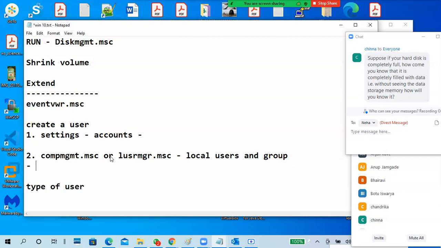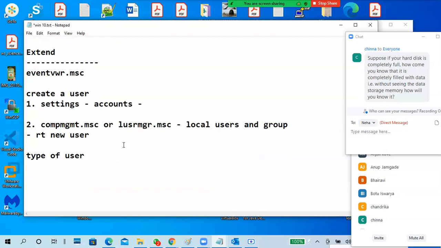There you can right click and create a new user. So try once again, just check how to create a user. Okay, that is types of users. Normally, administrator. Another one is standard user.